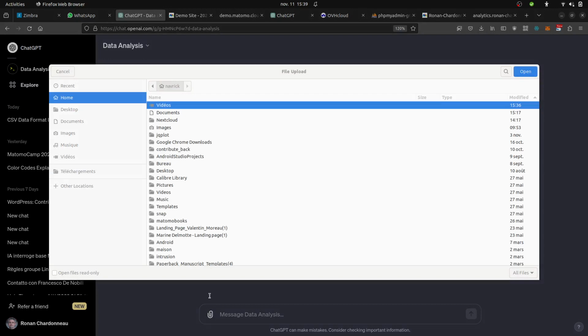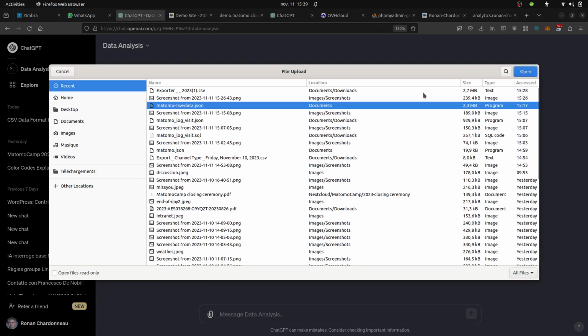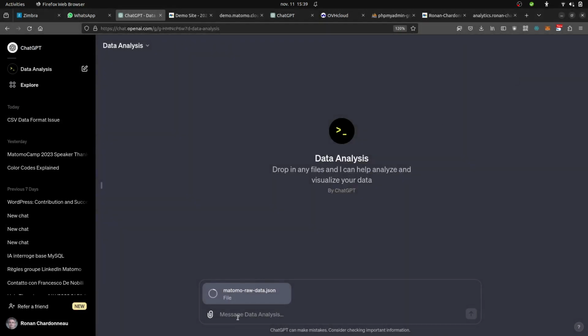Next, you go over here, you click over there, then you select the file that you want to play with. In my case, that's going to be the Matomo raw data JSON file. As you can see, it's a 2.3 megabyte file. And then you can ask your questions over here. I'm going to ask, let's make something fancy: can you generate me a PDF report showing who is converting on my website,